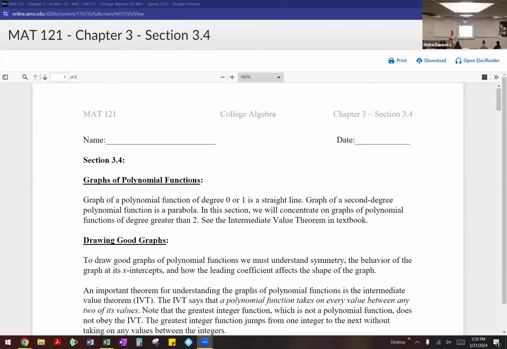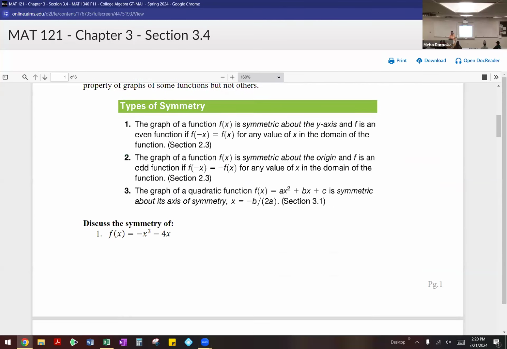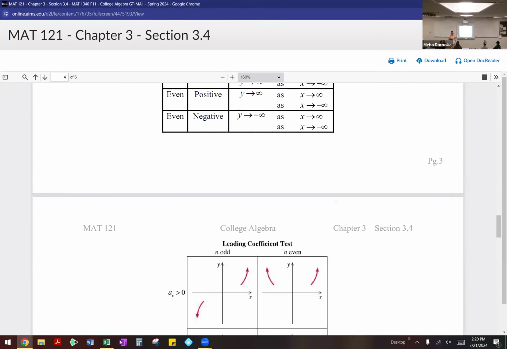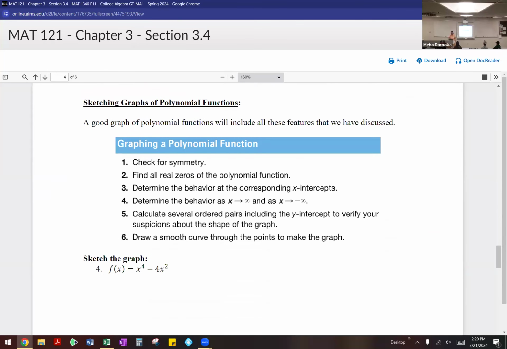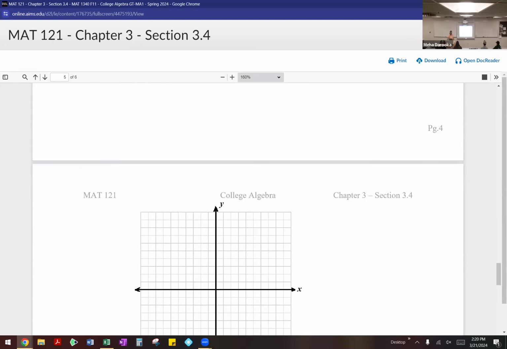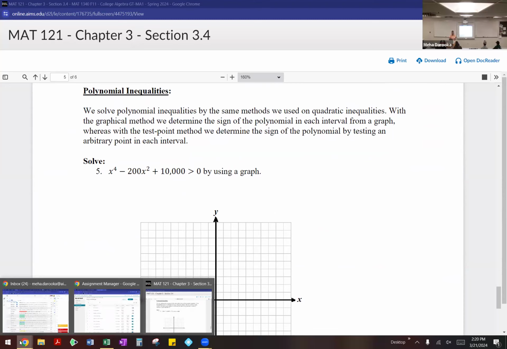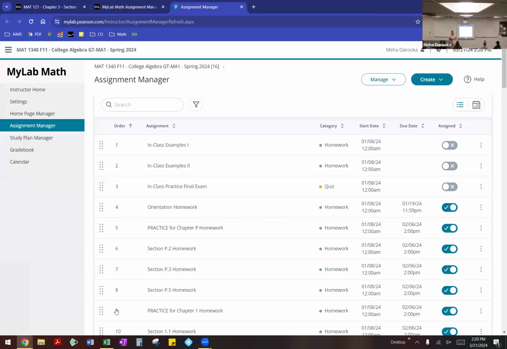So once we look at how to draw a good graph, these were all the different things we discussed. So just a summary of what it takes to draw a graph. We got into polynomial inequality. So we looked at one example where we were using the graph to try and come up with the solution. So I actually wanted to look at one more example based on the graphing method before we did the test point method. So let's take a look at how it's in the